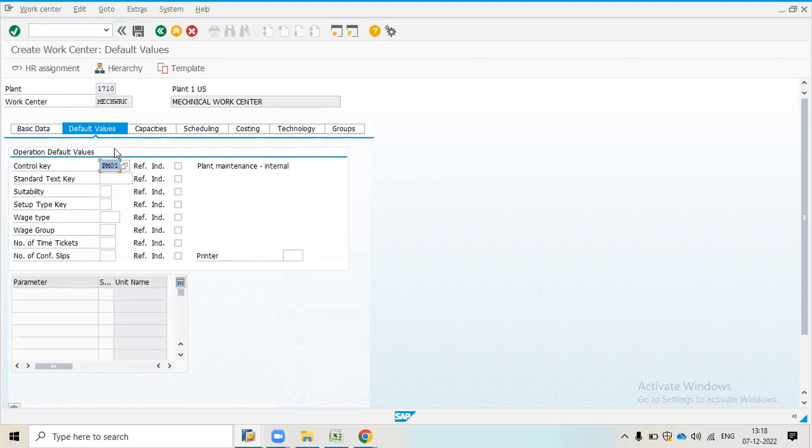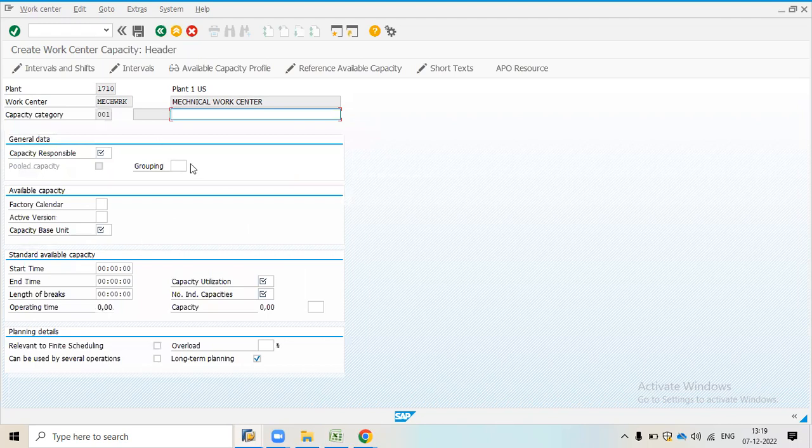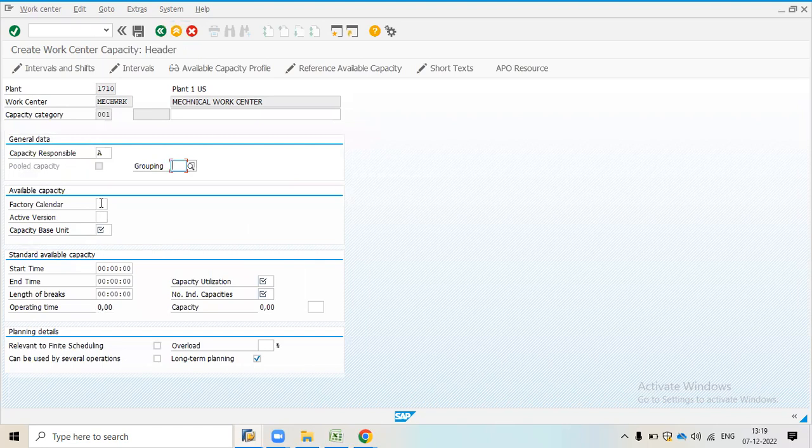After that, press enter. I will go for capacity, and here I will select machine 001. After that, press enter. You can see the screen enter inside. Then here I will select capacity responsible 001, or I can select planner group A. After that, factory calendar I will select as India, and capacity base unit I will take as H, means hours.